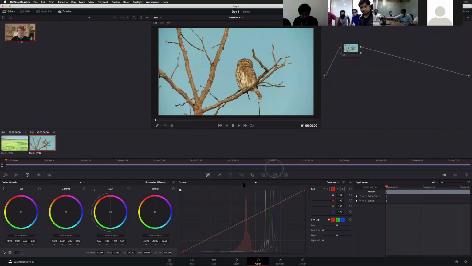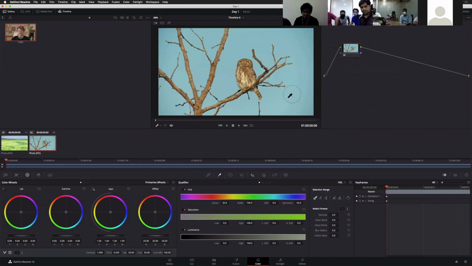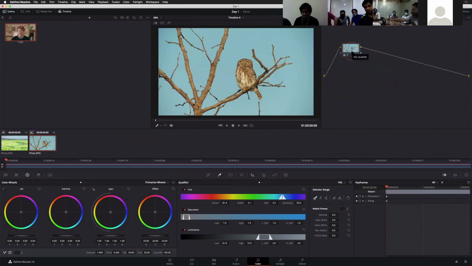Now we can use the qualifier here. The qualifier removes the particular color: select it and drag to pick the average portion. Now if you can see, we selected that portion, but we need to invert that portion. Before doing that, you can refine the color selection also. Just click it.